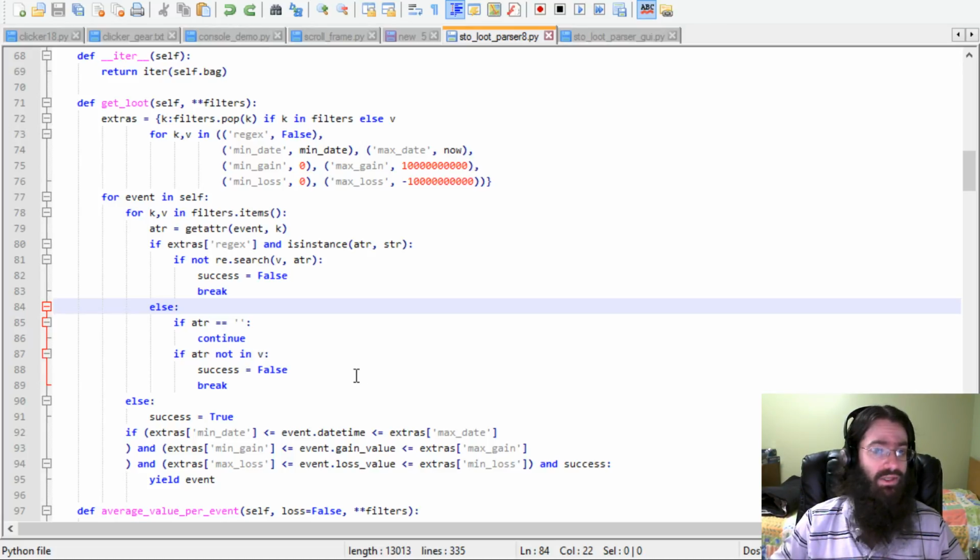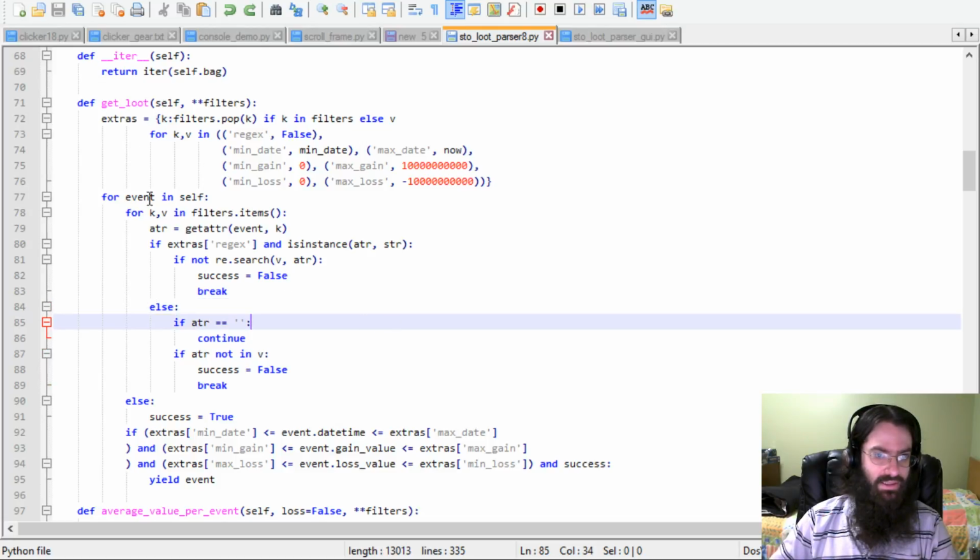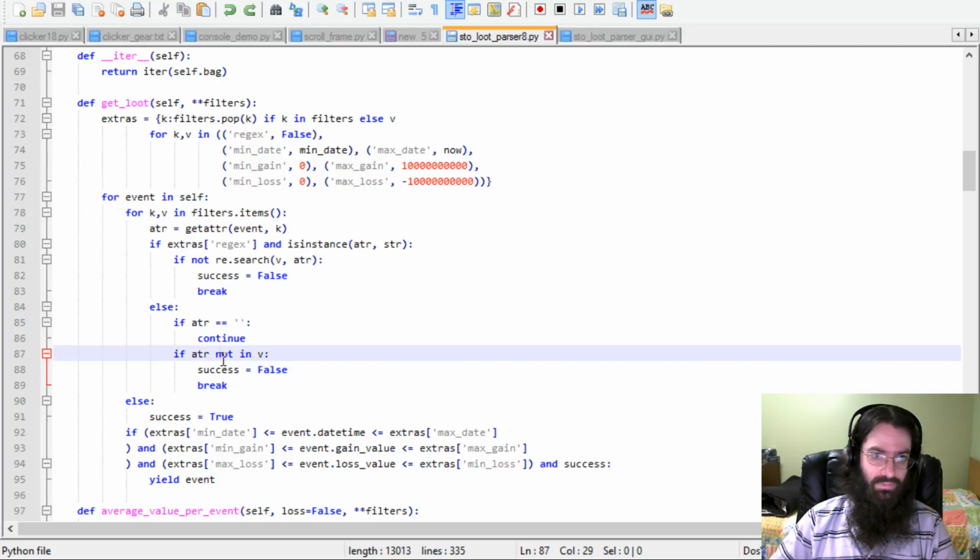Between the previous segment and this very moment, I was actually using the parser to parse my logs and get useful information. And then I found I introduced a bug at some point, and that's bad. The bug is in get loot over here. This if attribute is the empty string, continue. This is in get loot when I'm comparing